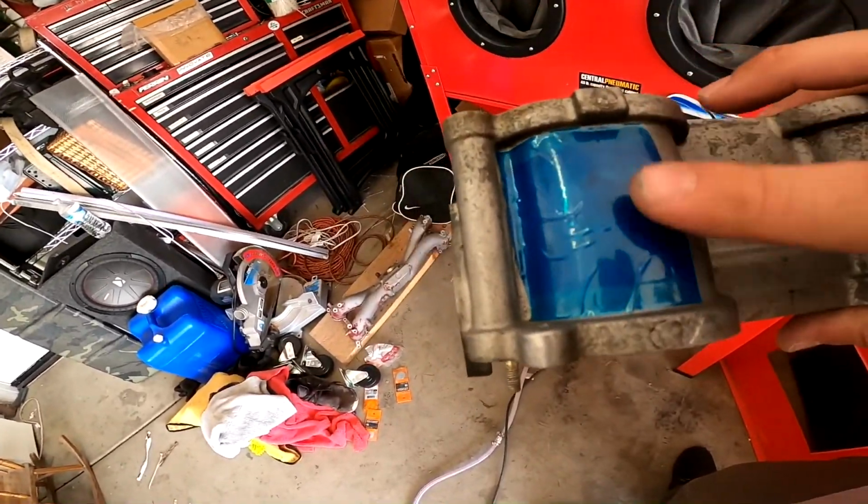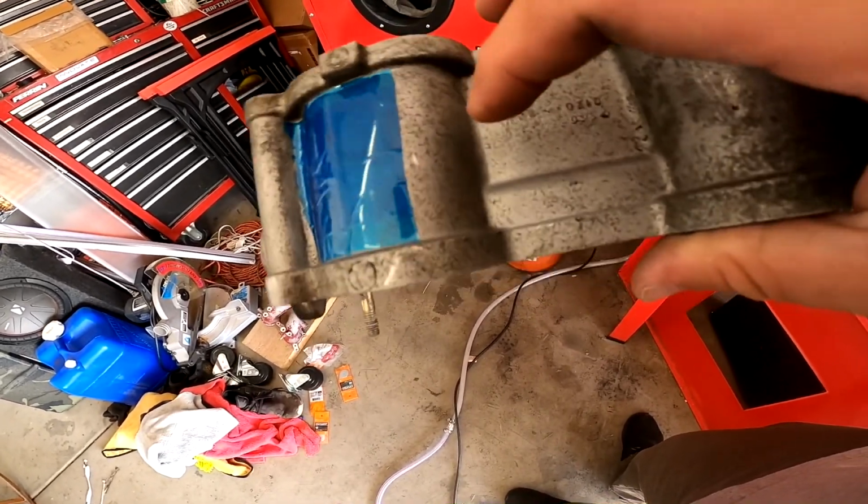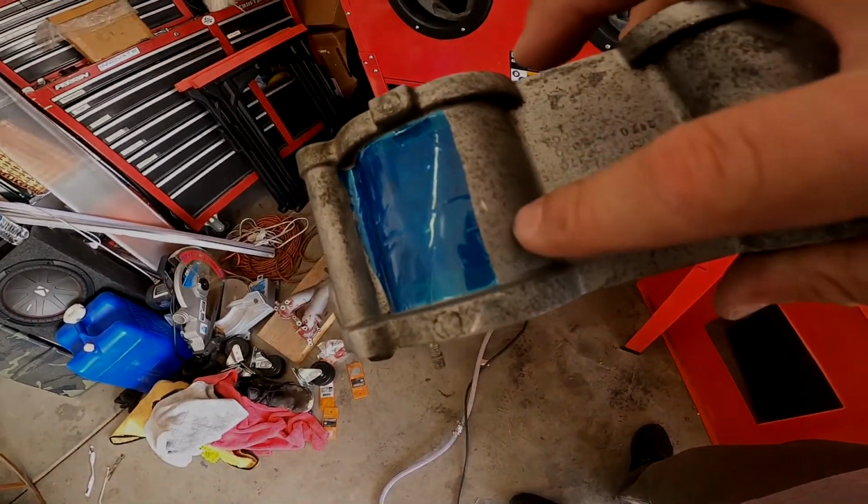So we have a piece of flash breaker tape here, giving us a nice edge. Not very straight, because I can't cut very straight for some reason, but we're gonna work on this arc right here. I'm gonna hit this arc with